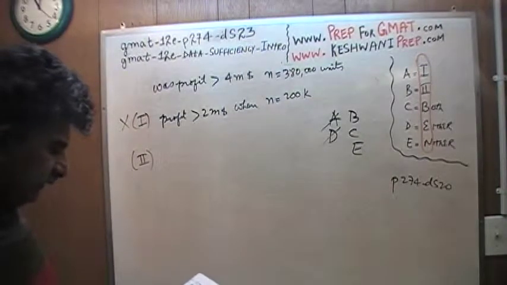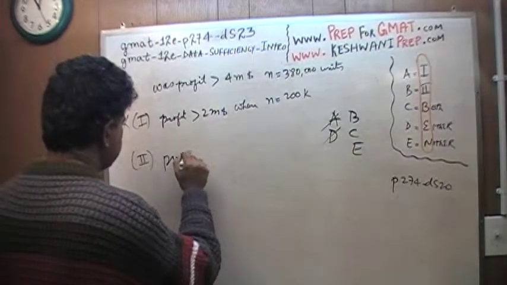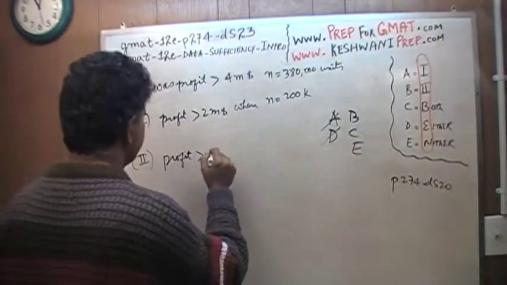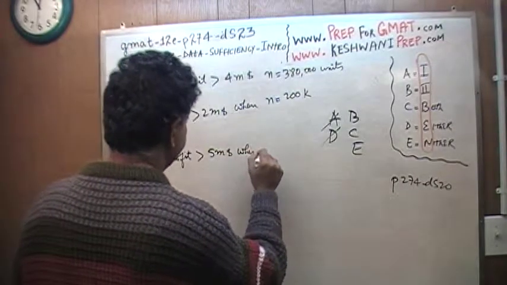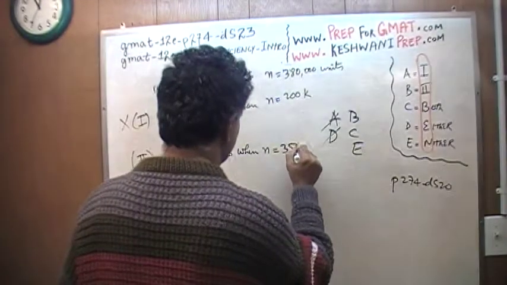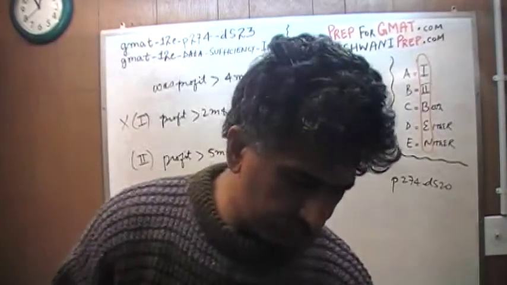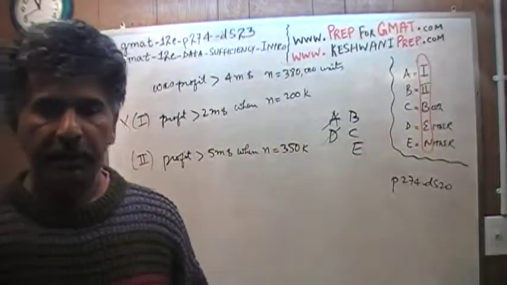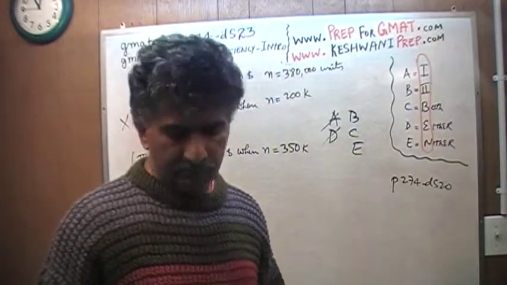Second statement tells me that the profit exceeded 5 million when N was 350,000. Well, there you go. Now that is useful. That is useful because we are told that the profit is proportional to the number of units sold, which is the